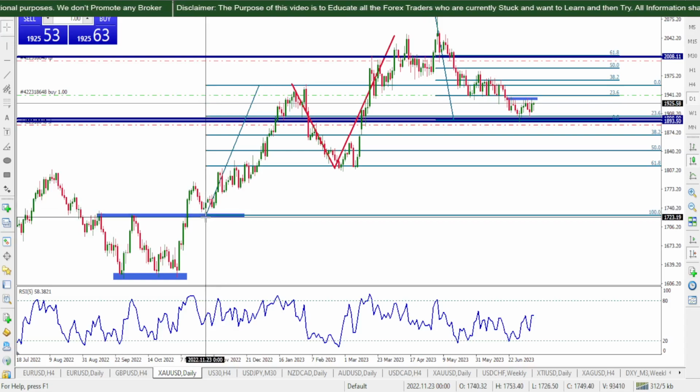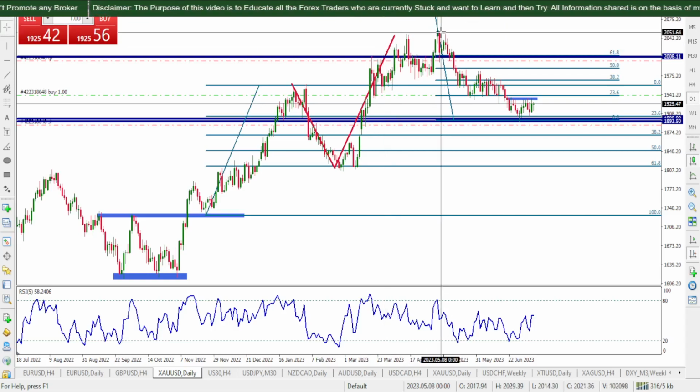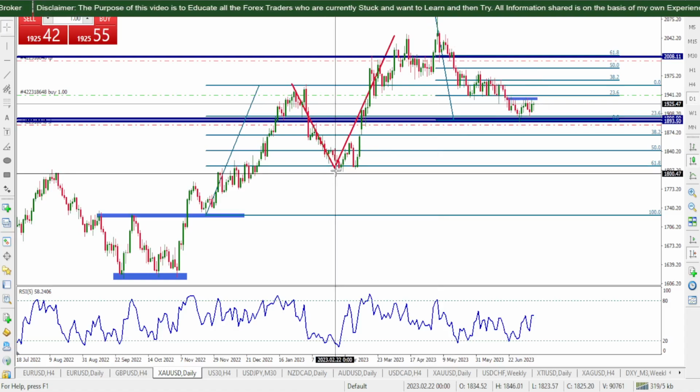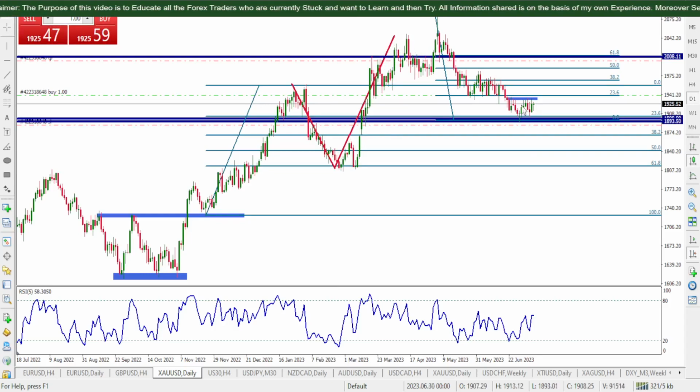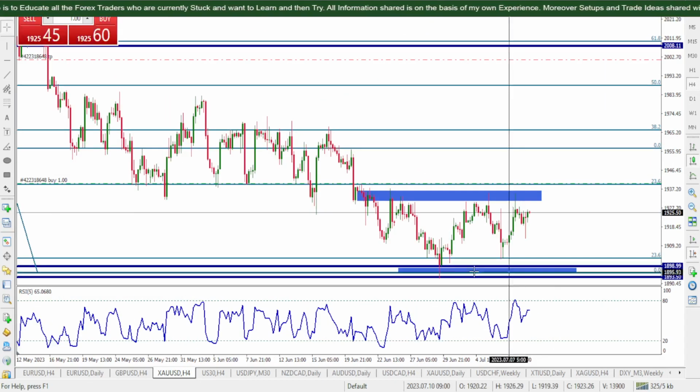I'm currently following this 1723 impulsive wave, which got completed, and since then we are on this corrective structure towards the 61.8% retracement of this Fibonacci zone right here, which is obviously near 1911 was my overall zone, and finally I have got bottom low near 1893 where my stops were obviously below 1880 level.